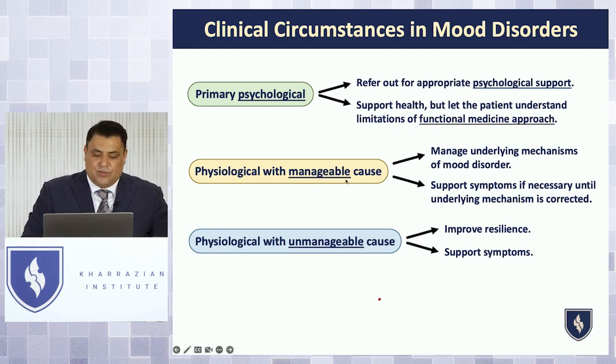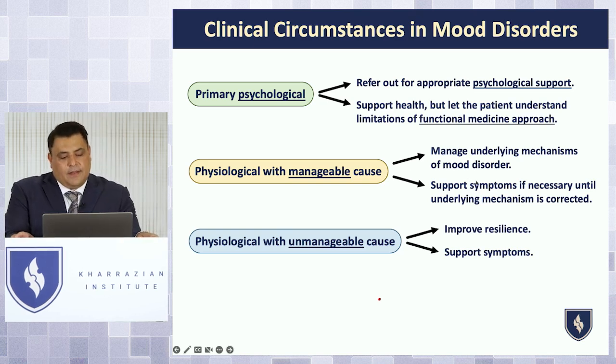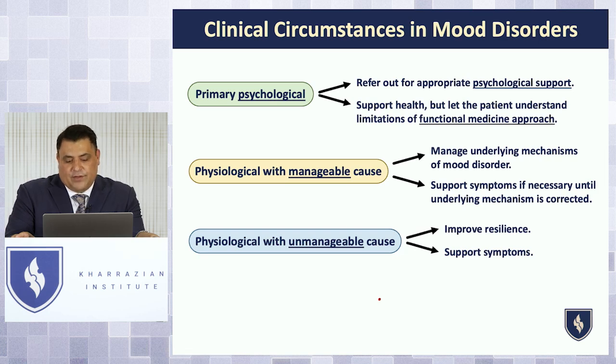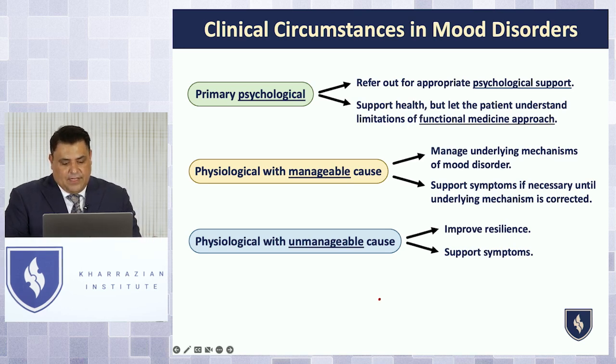And then whether the case is manageable, meaning that you can address and identify their mood disorder, that's what you ideally want. Or whether it's unmanageable, like some people just have brain injury. You don't know what their potential recovery is. Some people have early signs of neurodegeneration. Despite all your best efforts and despite all your best applications, they may just continue to suffer and go downhill. So those are the other things that you want to be aware of when you're looking at mood disorders.